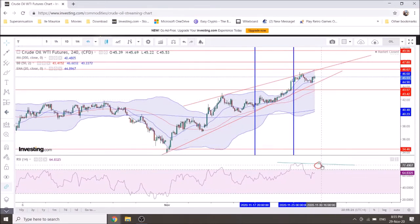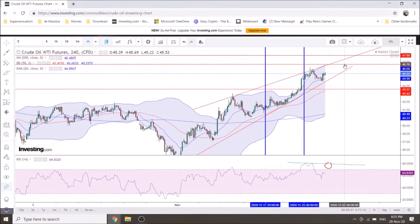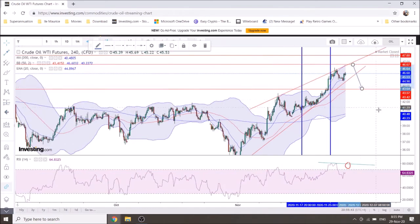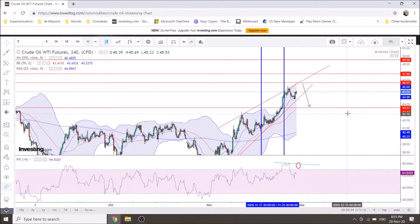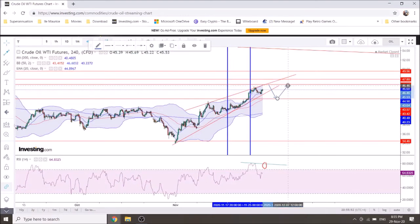So if we can make another touch here on that RSI trend line and set up the 4 hours divergence for good, I will definitely enter short on some sort of a reversal pattern. The target will not be highly ambitious. If we can go from 46.6 to 43.5, and then what I'm expecting for the coming weeks, potentially getting into next year, would be to continue into some sort of a range and see how we build under that